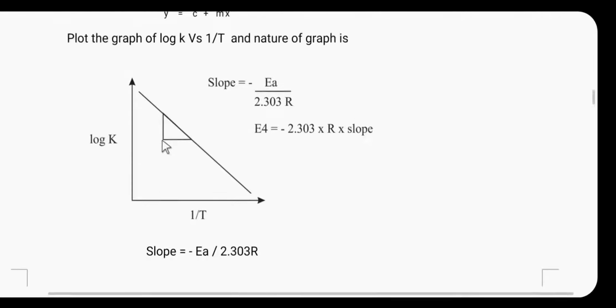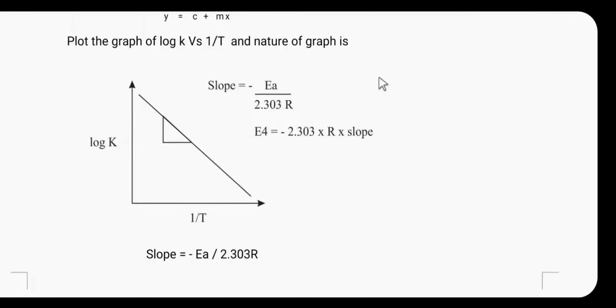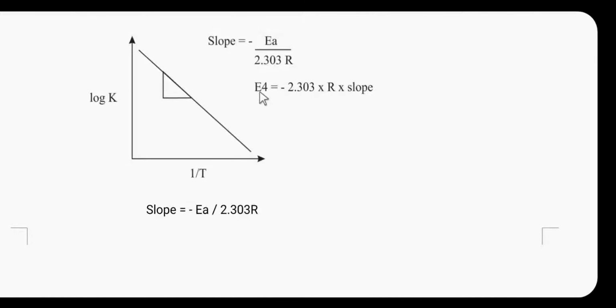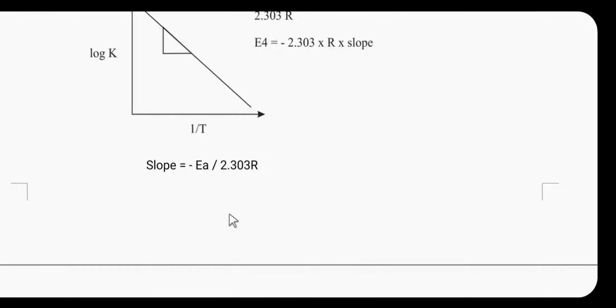So friends, for the determination of energy of activation by using the graphical method, the rate constants at different temperatures are determined. The graph of log of k against 1 upon T is plotted, and from the slope of the line the energy of activation for the reaction can be calculated. Here it is not E4, it is Ea. So slope is equal to minus Ea divided by 2.303 into R. So energy of activation is equal to minus 2.303 into R into slope,